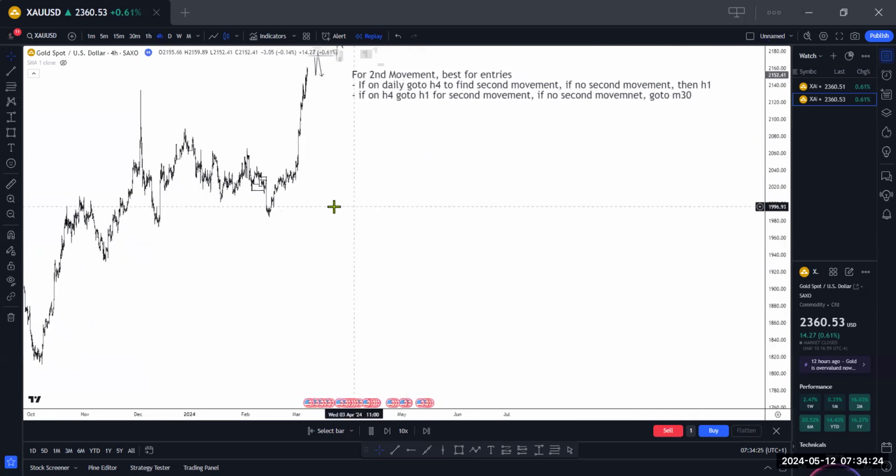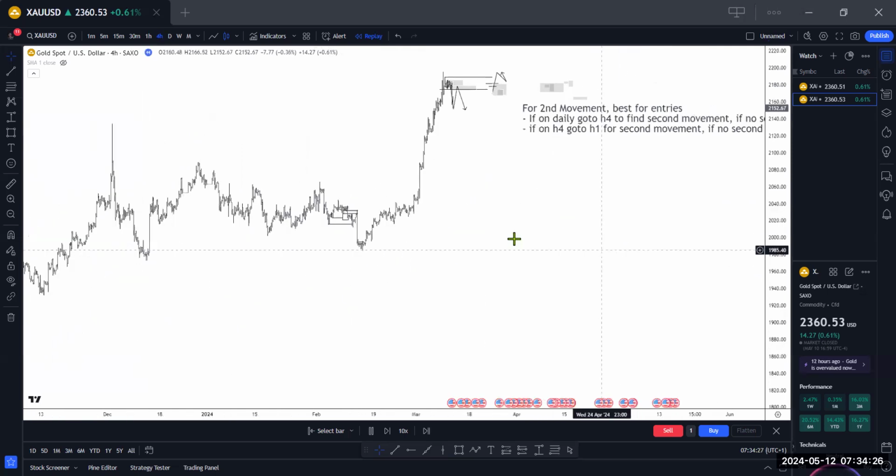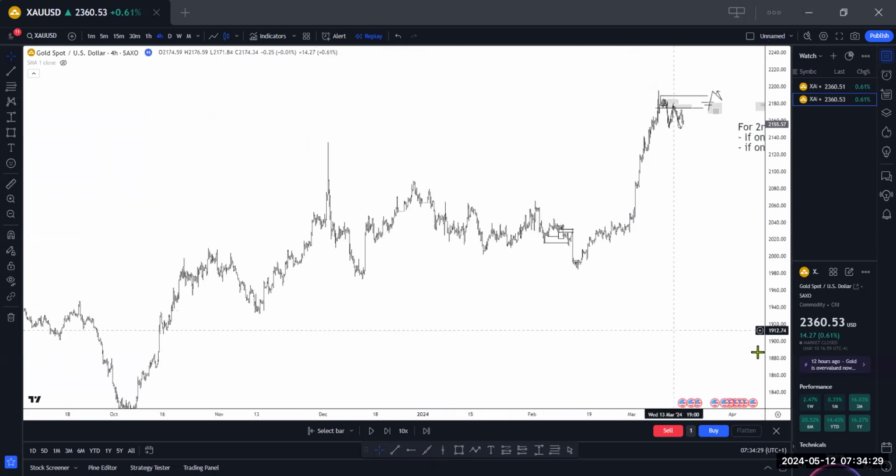So guys, that's basically what we have for second movement. Okay, I knew there should be one more example. Right, so